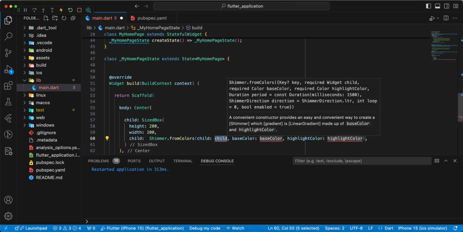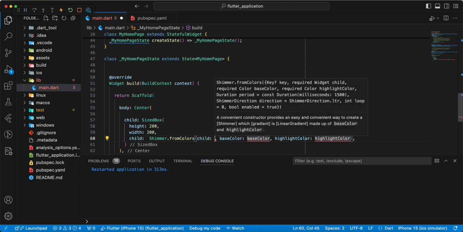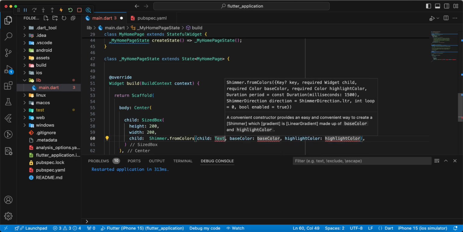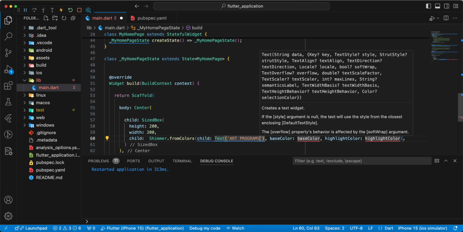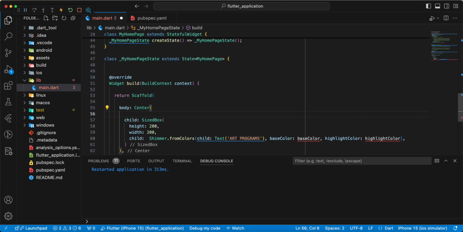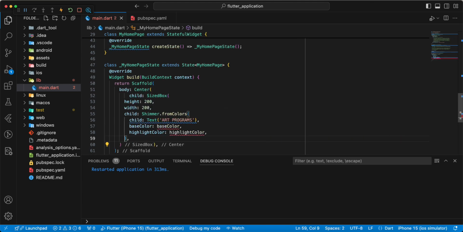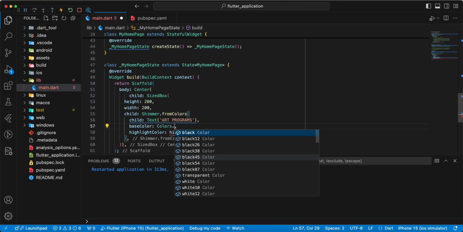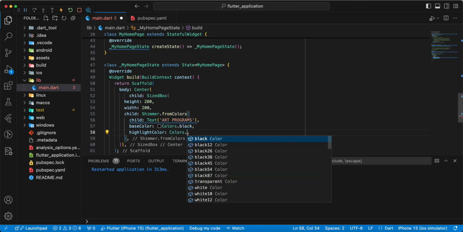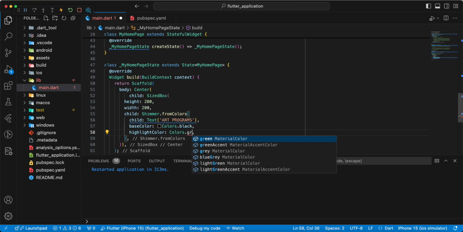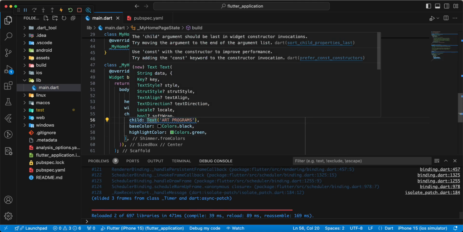from colors, child we write Text, write "Art programs", base color write Colors.black, highlight color we write Colors.red, maybe green, save,